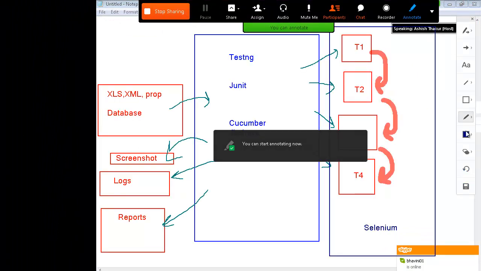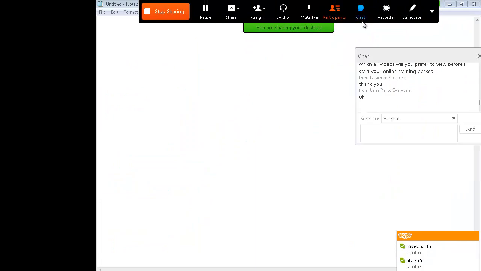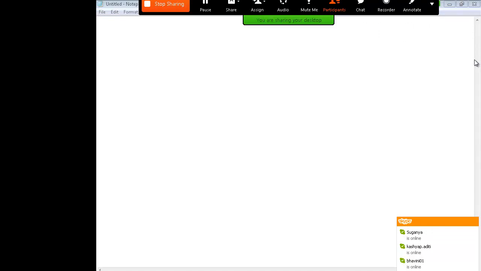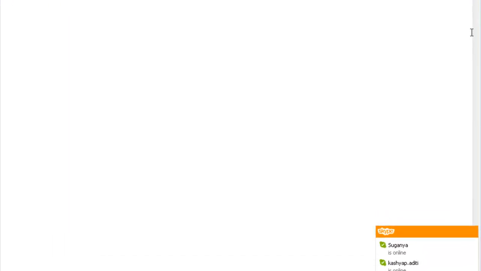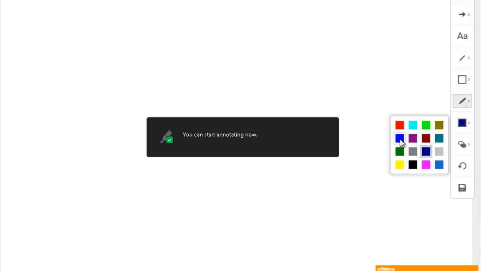So this is what a framework is. In a nutshell, in a very overview way, in a very simple way I've explained. Fine. Okay, what is Jenkins? Another question being asked is, what is Jenkins? Look, the thing is,